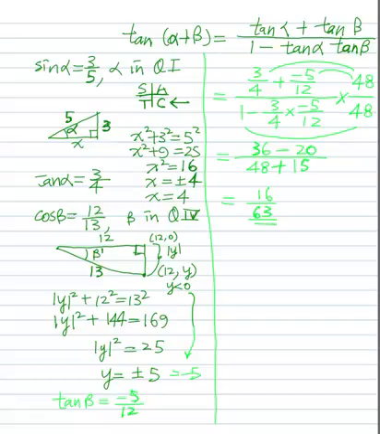Since we know that y is less than 0, y equals negative 5. Then tangent of beta equals opposite over adjacent, which is negative 5 over 12. We substitute tangent of alpha and tangent of beta into